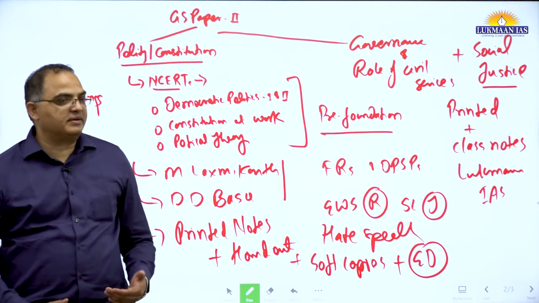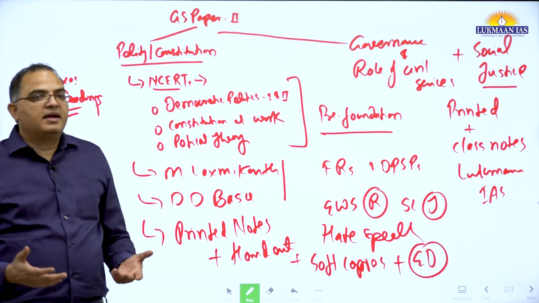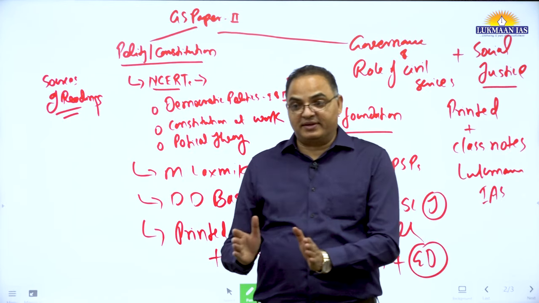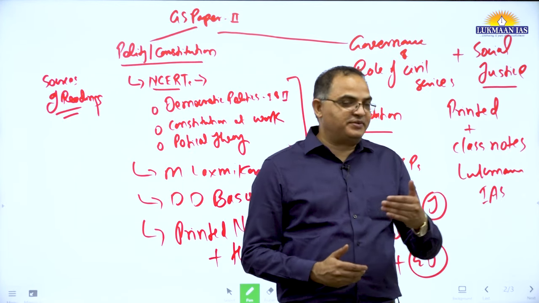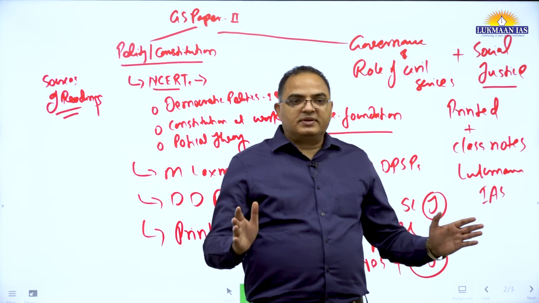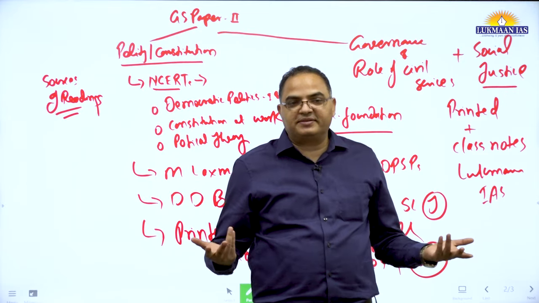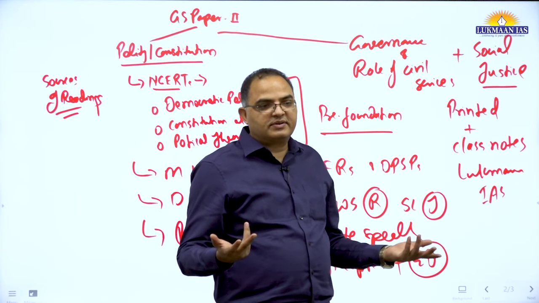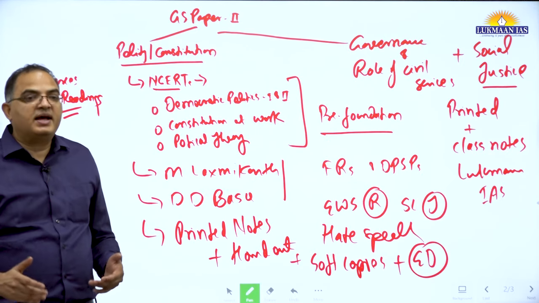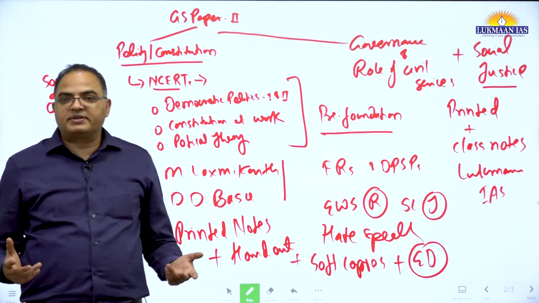That's why you have to depend on the printed notes that we give, plus we'll teach in the class. Even on printed notes, you need to rely less because they are mains oriented. We teach in such a fashion that the class notes themselves are adequate. Like self-help groups: we will teach in such a fashion that you don't need further reading. Same thing about civil society, non-governmental organizations. Same thing about governance: RTI, Citizen Charter, Lokpal. These are the topics in governance and civil services.